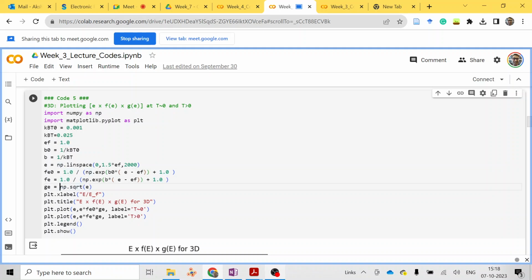Then this is our density of states for the 3D case. As you know, it goes by square root of E. And then here we are just plotting these values. We are plotting the energy times the Fe naught value for T approximately 0 and then for T greater than 0. So if we run this code,